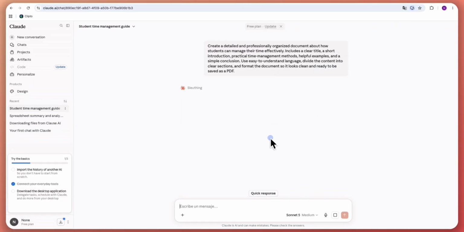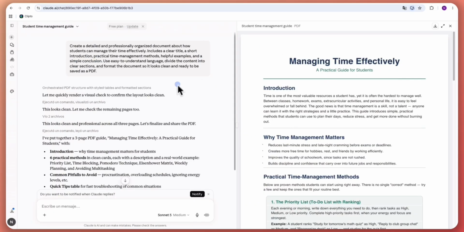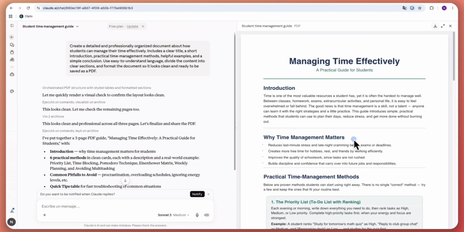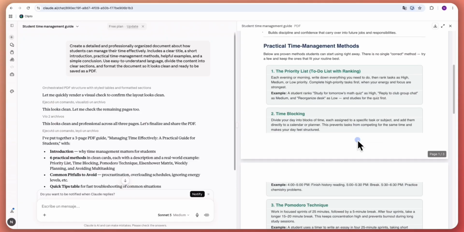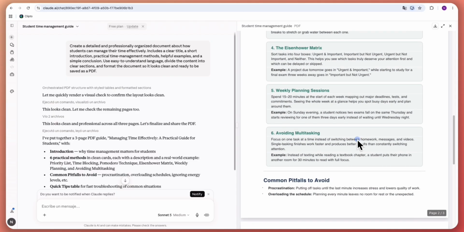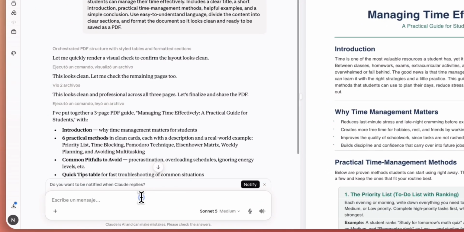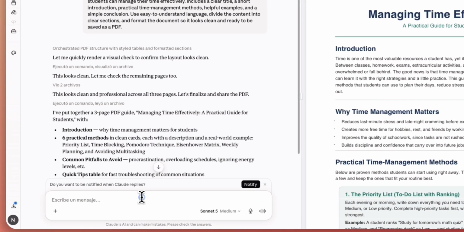And then Claude will arrange the information into a clear and organized format based on your instructions. And once the result appears, carefully review the content and check whether everything you requested has been included. You can continue asking Claude to correct, shorten, expand, or reorganize any section until the document looks the way you